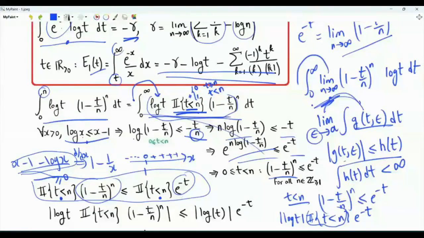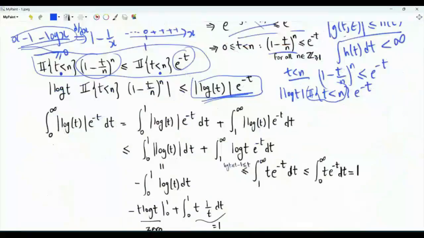We were able to upper bound the magnitude of the integrand by an upper bound that does not depend on n, the variable with respect to which we are interested in taking the limit. The upper bound depends only on the dummy variable of integration t. To be able to employ the dominated convergence theorem, we still have one more step, which is to show that the integral of the absolute value of log t times e to the minus t is finite when we integrate